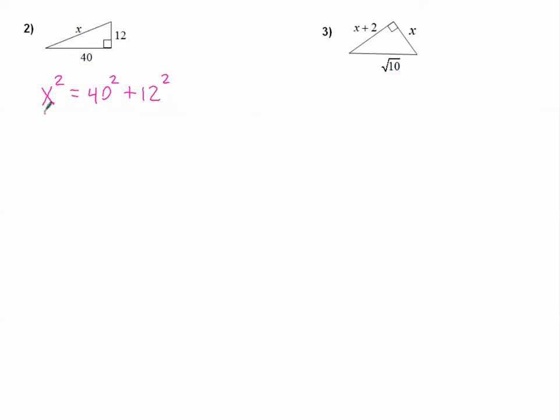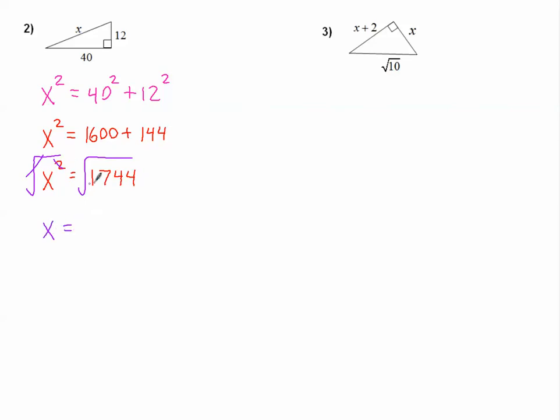This time my variable is actually already isolated. I do want to know what this number is, so I'm going to compute these numbers. 40 squared is a 16 with two zeros, so 1600, and 12 squared is 144. Add those together and we have 1744. I'm solving for x, so therefore I will take the square root of both sides, and I get x is equal to